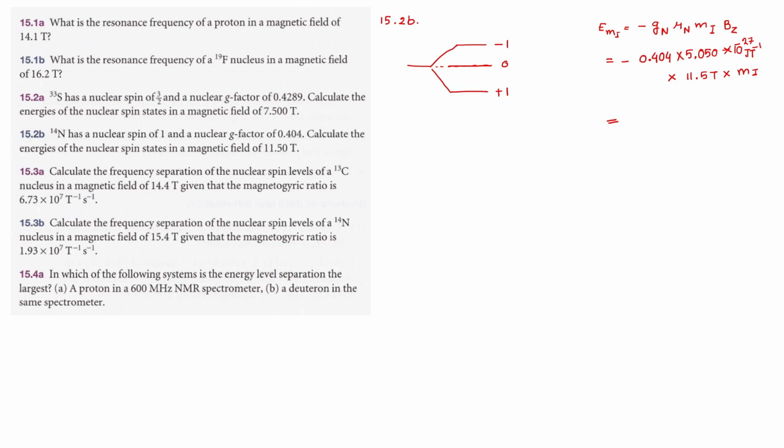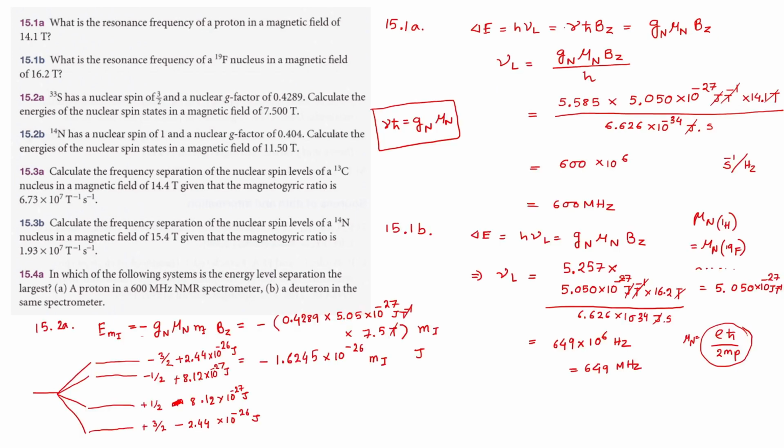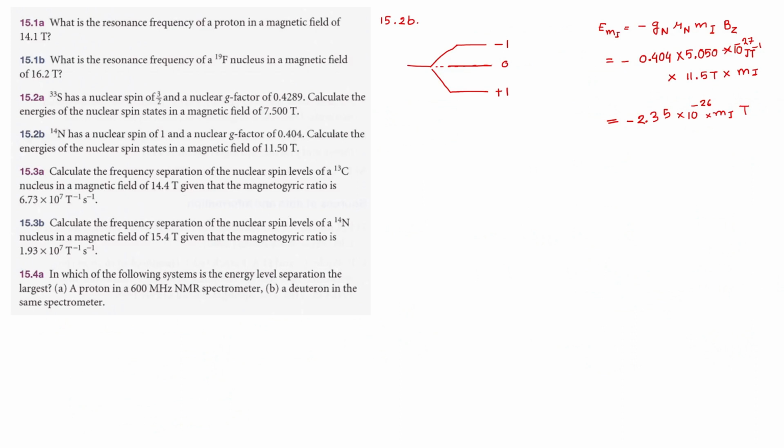Okay, minus 0.404 into 5.05 into 10 to the power minus 27 into 11.5 Tesla, right? That is actually giving us minus 2.35 into 10 to the power minus 26 A m^2 Tesla. See, earlier we got a value of 1.624 and now we got almost double because the magnetic field has changed